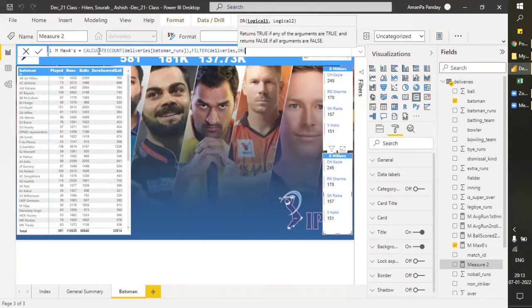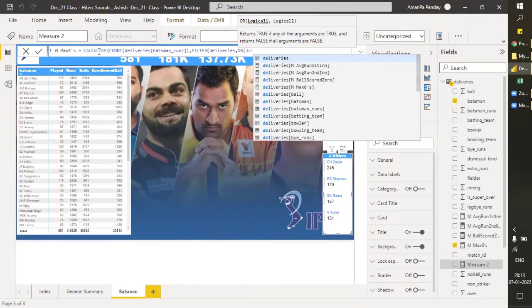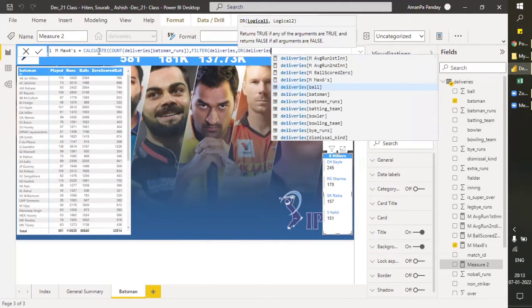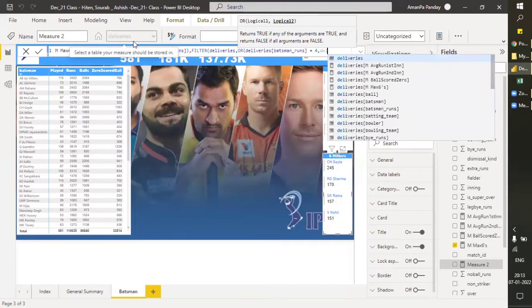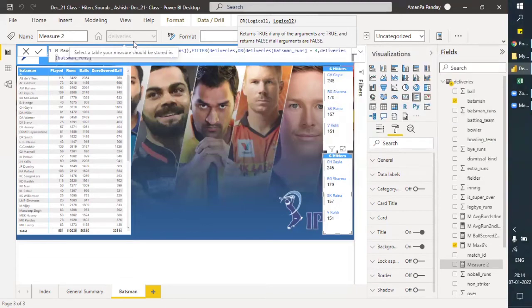In the or, deliveries, batsman run equals to 4, comma, then again deliveries, batsman run equals to 5. Fine, and now just close the parenthesis.